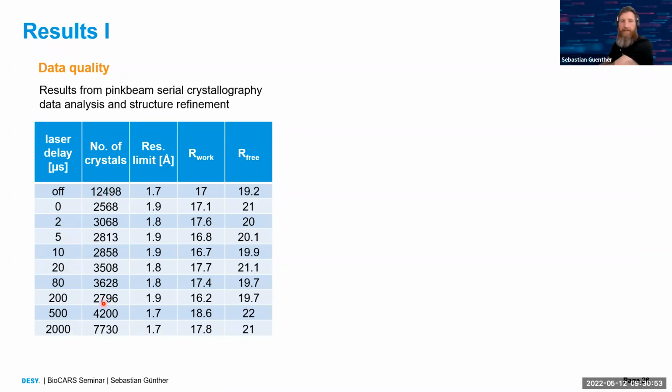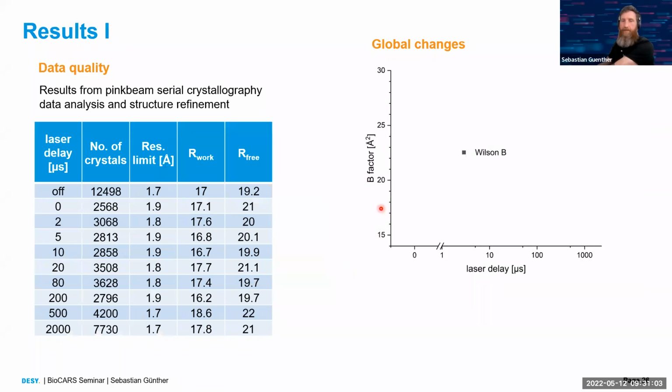So for each of the data sets, they diffracted to 1.7 to 1.9 angstrom. They refined decently. And if you then look at some global parameters, for example, the Wilson B, which shows you how the data set, or the overall diffraction, is reacting to the